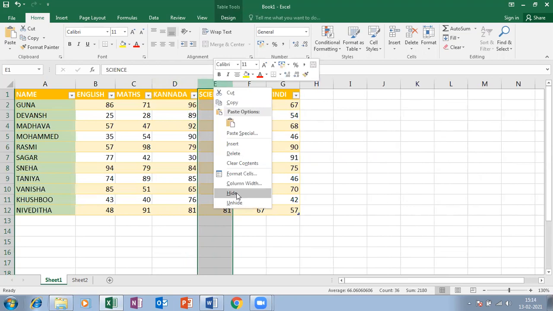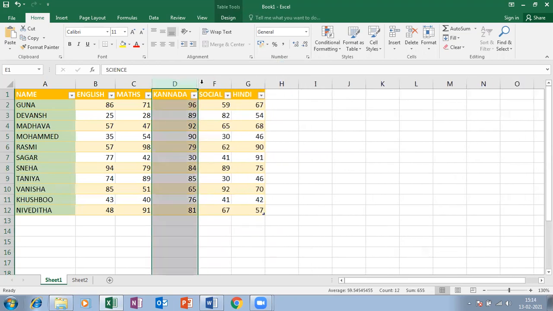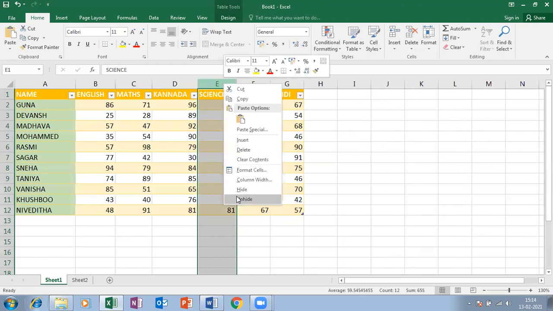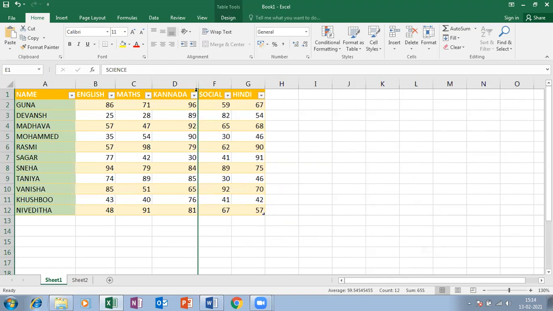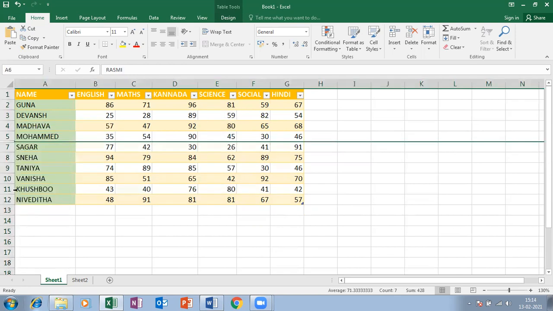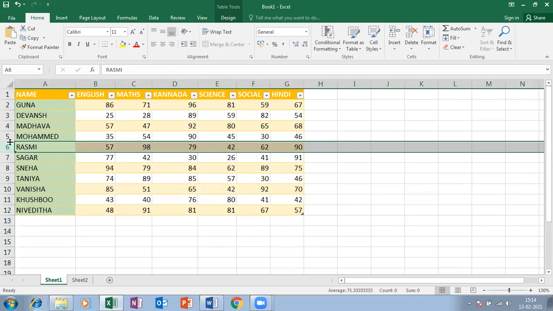One more way, again let me hide this, or else you can double click here so that will unhide. Again one more way, okay, just exactly place the cursor here, right click, hide. So these are the three ways where you can hide a particular column. Again, right click, hide. Okay, so delete a row, delete a column, delete a sheet, hide a row, hide a column, hide a sheet, unhide a row, unhide a column, unhide a sheet.